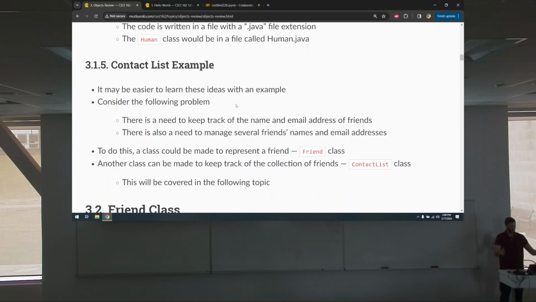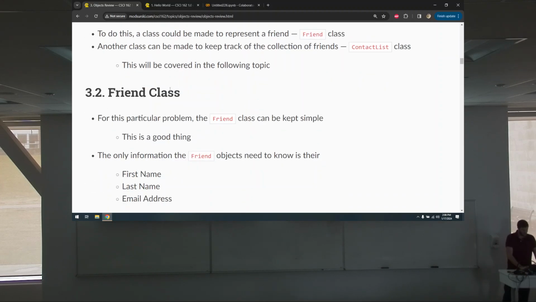All right, so consider the following problem. There is a need to keep track of the name and email addresses of my friends. So there's also a need to manage several friends' names and email addresses. So I need a way to keep track of friends' information, and I also have a lot of friends I want to kind of manage as well. So to do this, a class could be made to represent a friend, and one for a collection of friends, a contact list. So we're going to cover these topics, and we're going to start with the friend class,